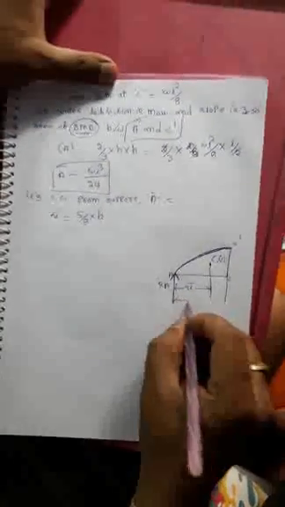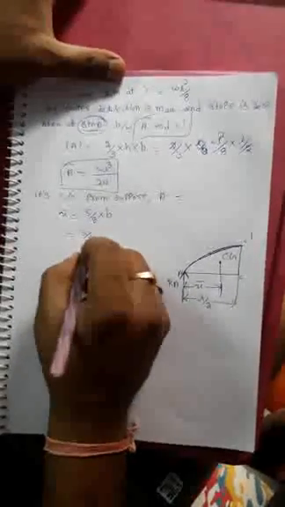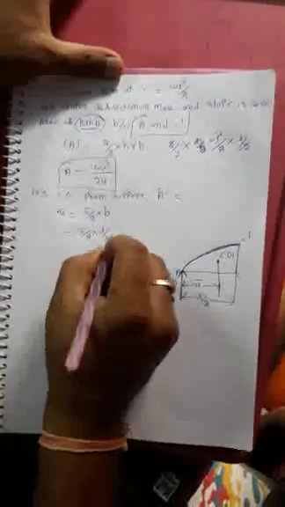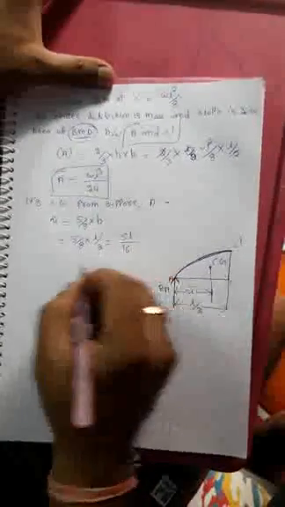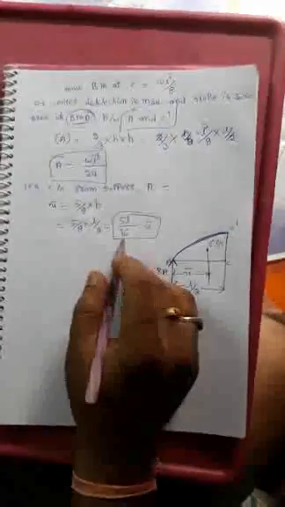The center of gravity formula from support A: it looks like a parabolic shape, so that is nothing but 5 by 8 into base. So this base is L by 2. So 5 by 8 into base, and the base is L by 2. So this is simplified to 5L by 8 into 2, 16. So this is the x bar. X bar is nothing but the distance between the center of gravity and support A. And next, 5L by 16.